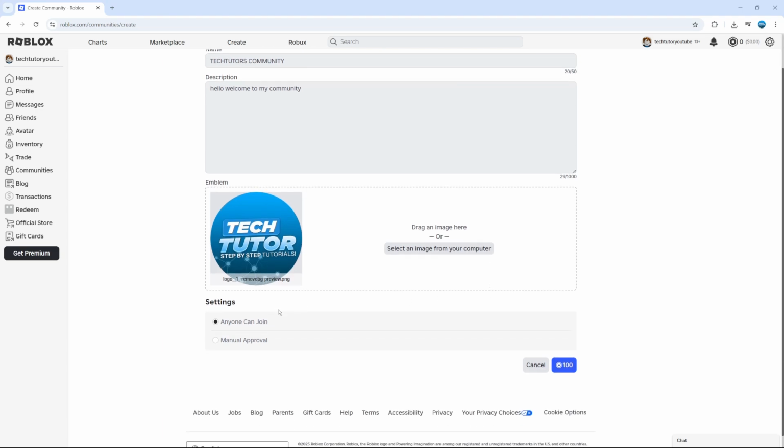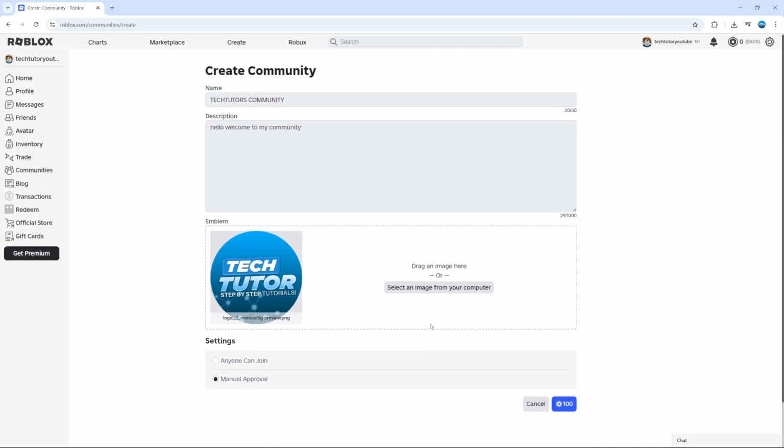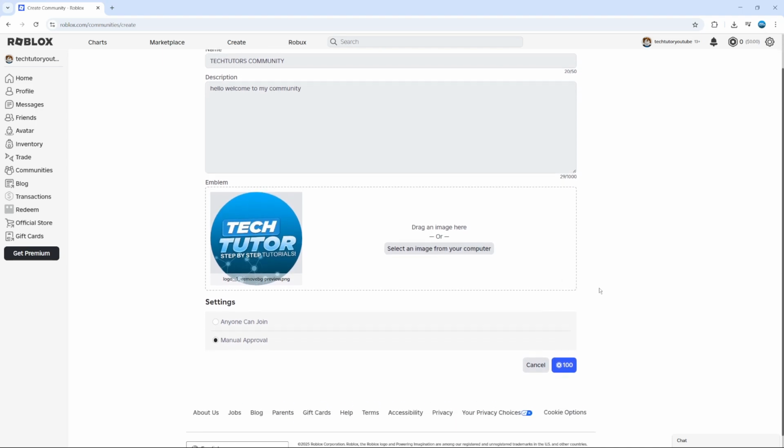And the final thing you can do is change the settings so that anyone can join the group without being approved first of all. Or you can set this for manual approval, which means of course when someone wants to join your group, they will send a request through and you'll have to either approve or decline their request to join your community. Now, once you're happy with everything, what you want to do is come down to the bottom,